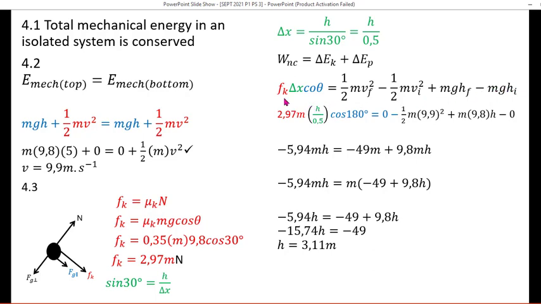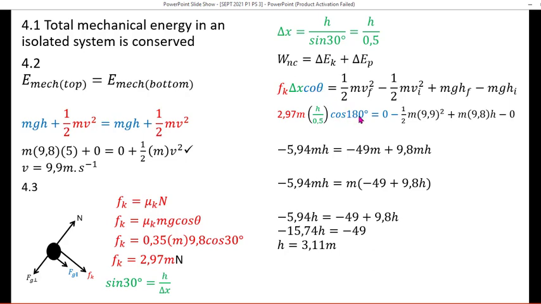So here we substitute the magnitude of the frictional force that we calculated, which is 2.97 m, and then we substitute the expression for the displacement, which is h over 0.5, and then our theta is